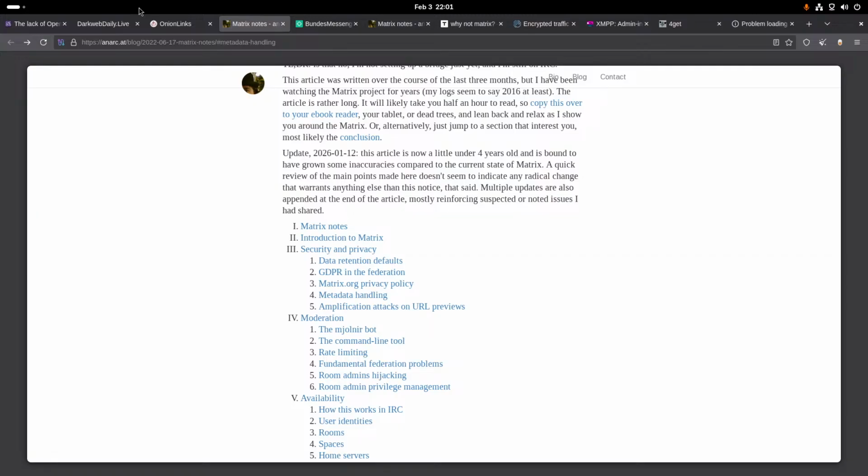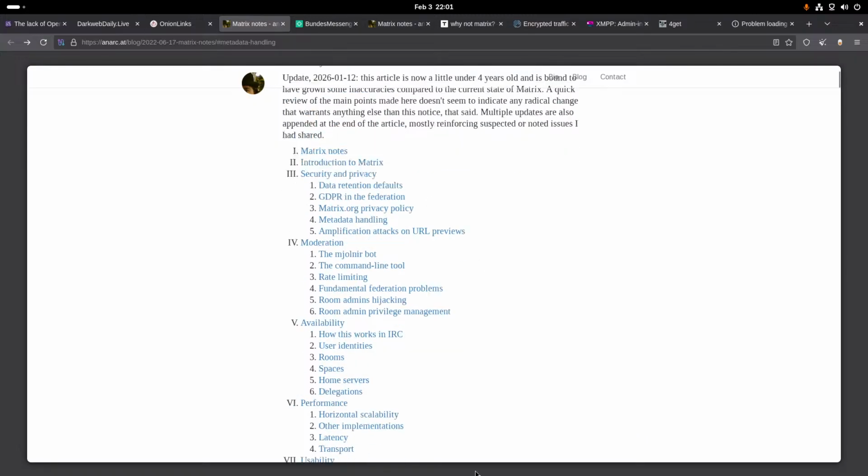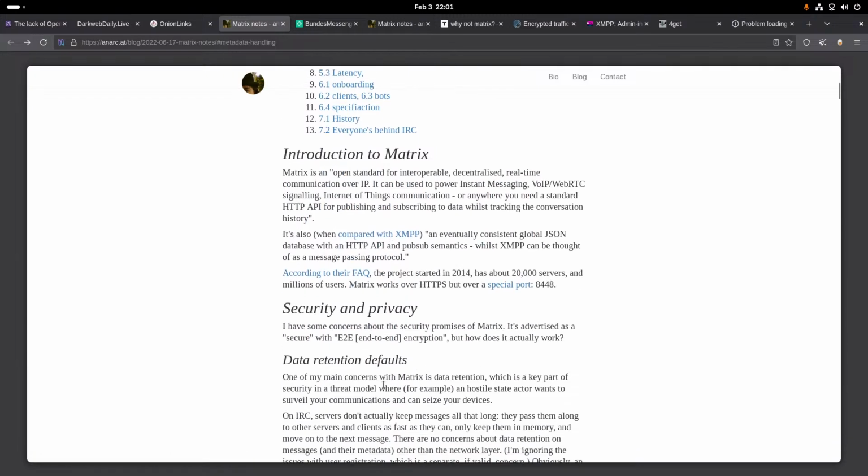And their Matrix Element app is relatively new, so this seems like it has been updated to a certain degree. Introduction. Matrix is, I also found that Matrix is still slow to operate. Also, I got one guy to test Matrix, but he was too stupid to figure out how to verify the encryption key. I think Matrix ain't for the average.